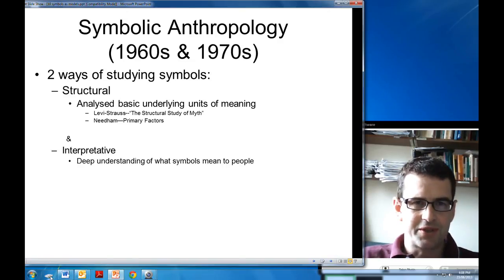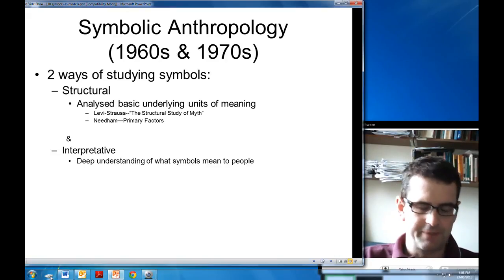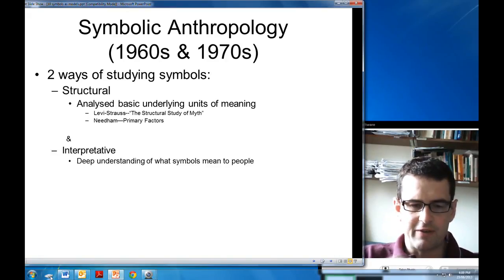One was the structural approach. Structural anthropology analyzed symbols in terms of basic underlying units of meaning. What this means is that we studied, if you like, the DNA of meaning. So Needham, for example, in his primary factors, talked about basic ideas like up, down, black, white, night, day, backwards, forwards. And from these very basic